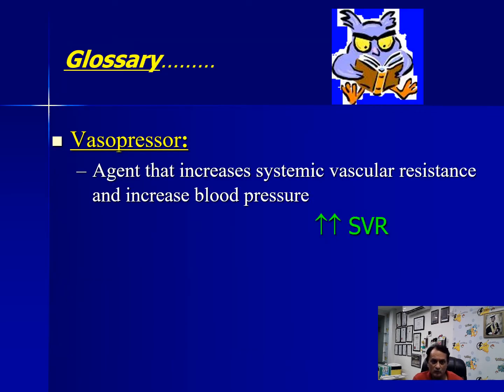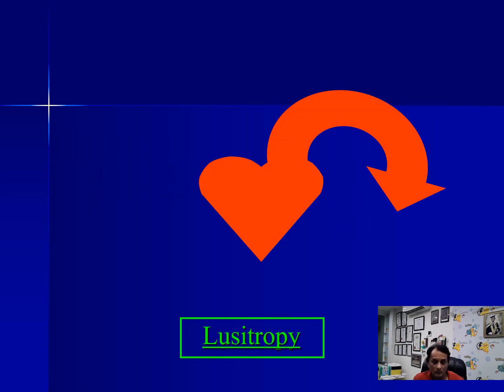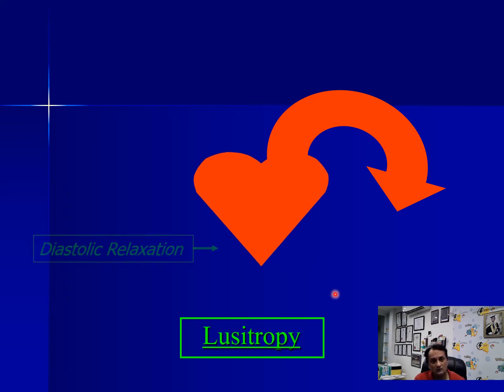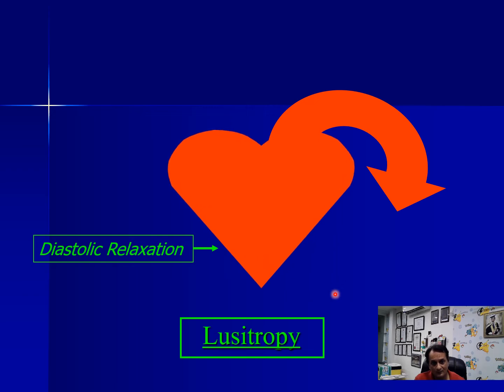So we discussed that a vasopressor is the agent that increases systemic vascular resistance and increases blood pressure, ultimately leading to high SVR. Lusitropy is a very important property which milrinone possesses. It is basically diastolic relaxation, keeping the heart happy while the heart is doing work. And that is the main advantage of milrinone versus dobutamine, that milrinone has an excellent lusitropic effect, and it has